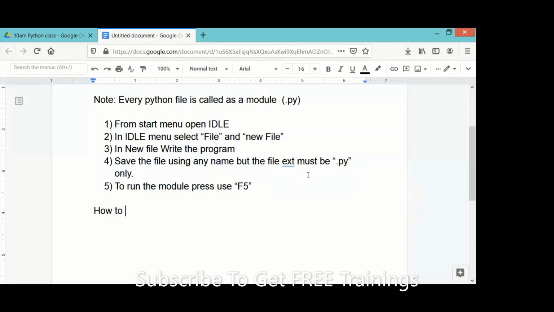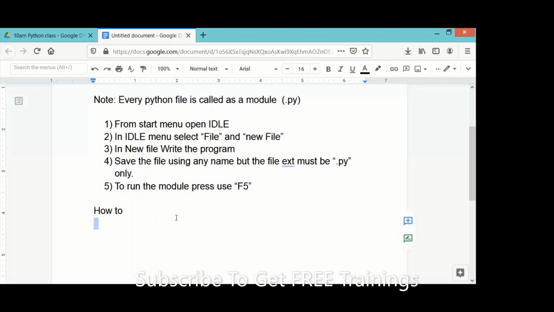Not these IDEs and all. We cannot predict. After joining a company, will you predict that they will give you Visual Studio only? No, they may give you PyCharm, or some other IDE, or simply they may give you Python software to just edit the programs. So I recommend you be ready in all scenarios, at least 2 to 3 scenarios. If you're good, it will help you further.